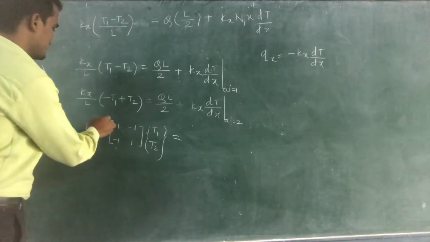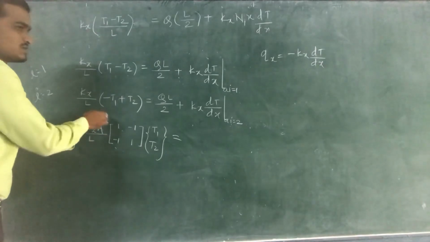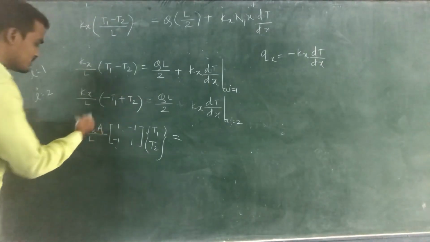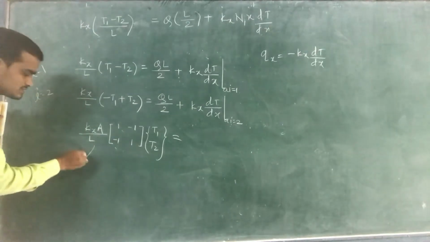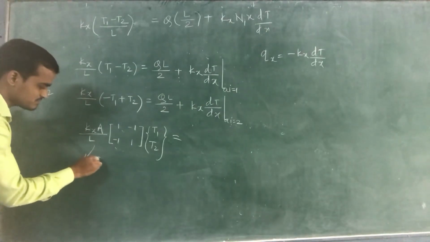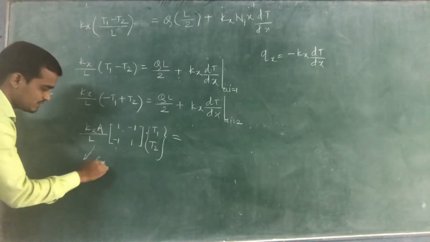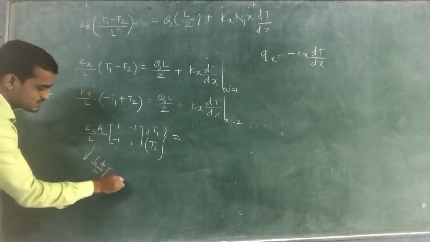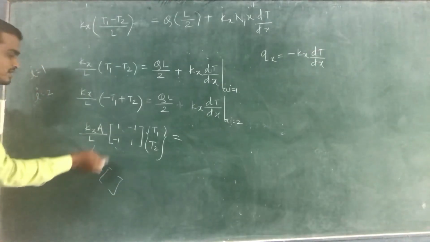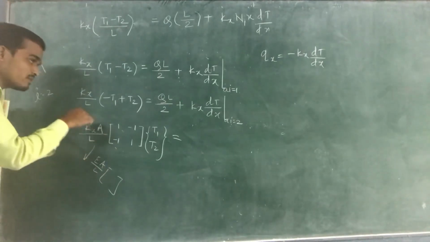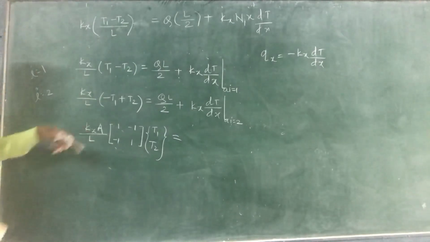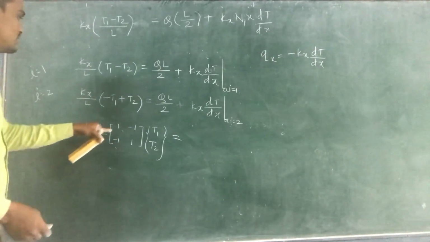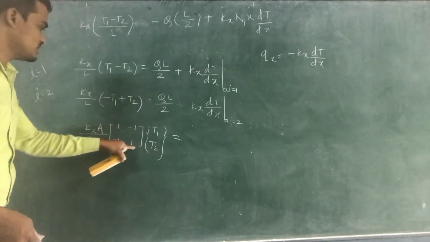Because, as we know, for our structural problem the elemental stiffness matrix can be written as E into A divided by L into this matrix. In a similar way, we multiply by the area to recover this elemental stiffness matrix. So kx into A divided by L into [1 -1; -1 1] into [T1 T2]